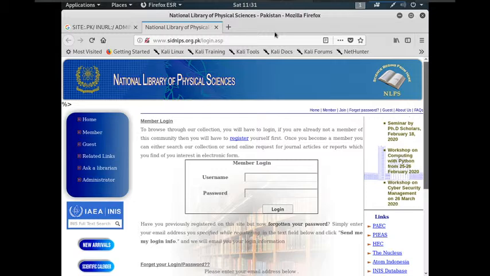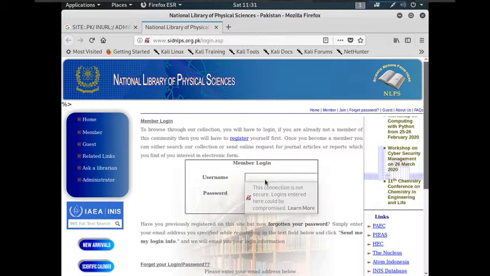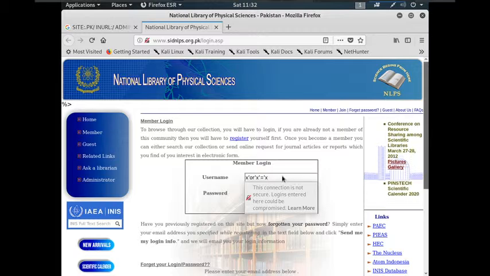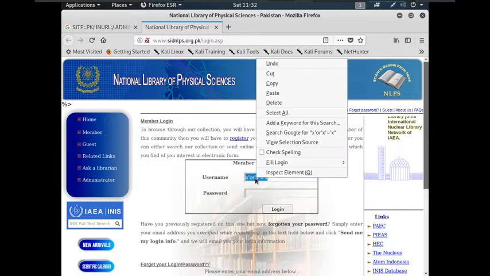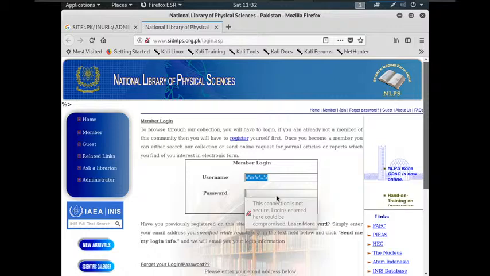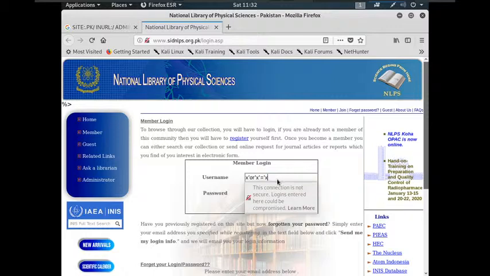Okay, so now there comes National Library of Physical Sciences. So what I have done here, I have written X, and in single inverted commas typed OR and closed it, and again typed X, again in single inverted commas typed equals to, and then typed X again. So this OR and equals to sign is in these inverted commas. So I'm going to put this query: something or X equals to X. Obviously X equals to X is true, X is not equal to Y, right? So I'm going to paste this query over here, and let's